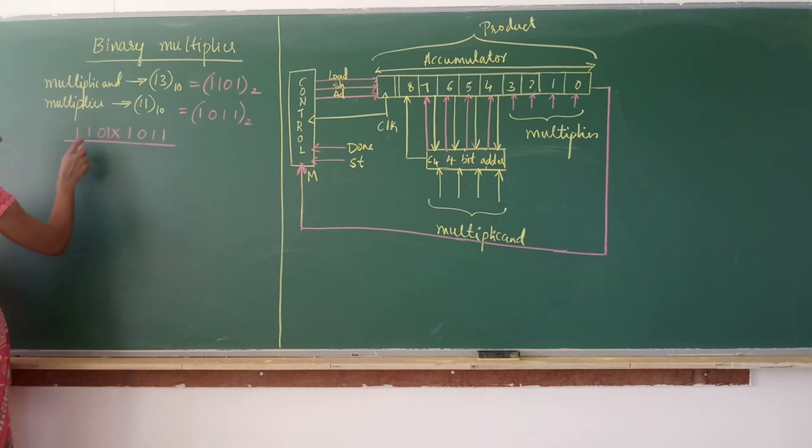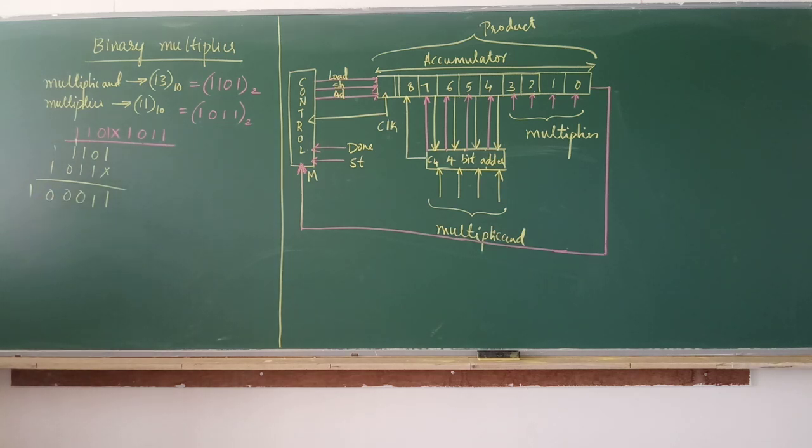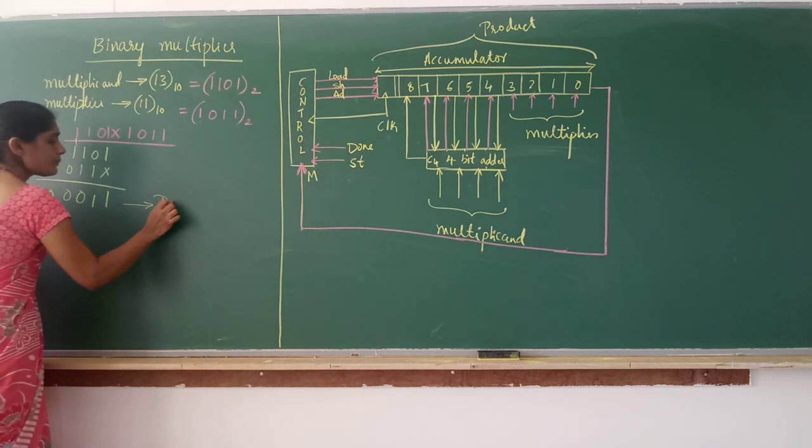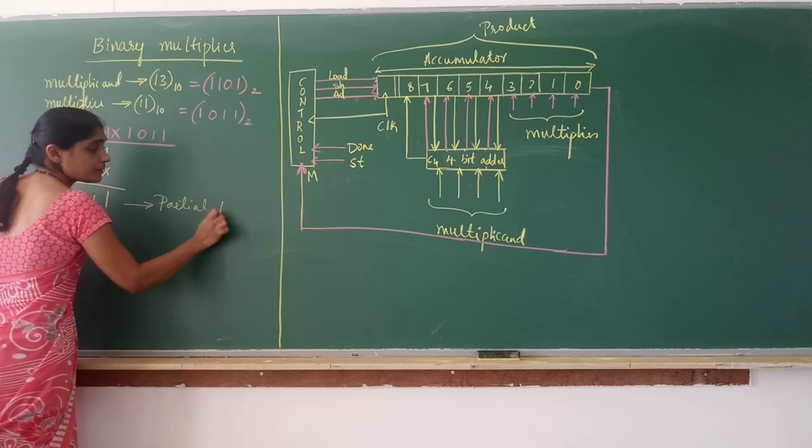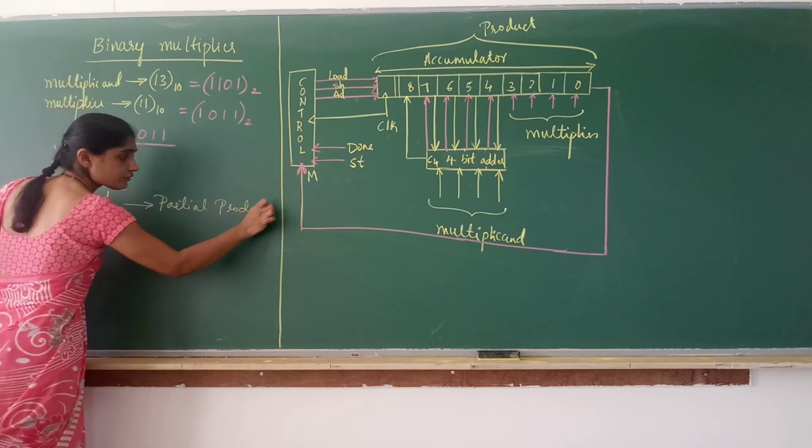So what is 1 into this? It is 1101, right? 1101. Again 1 into this, it is 1101. First add this partial product, whatever the answer you get. 1, 1, 1, 1, 0, carries 1, 1, 1, 0, carries 1, 1, 1, 0, carries 1. Right? So when we add, 1, 1, 0, 1, this is the product we are going to get, and this will be called the partial product. Still I have not completed the product, it is just the partial product I have got.